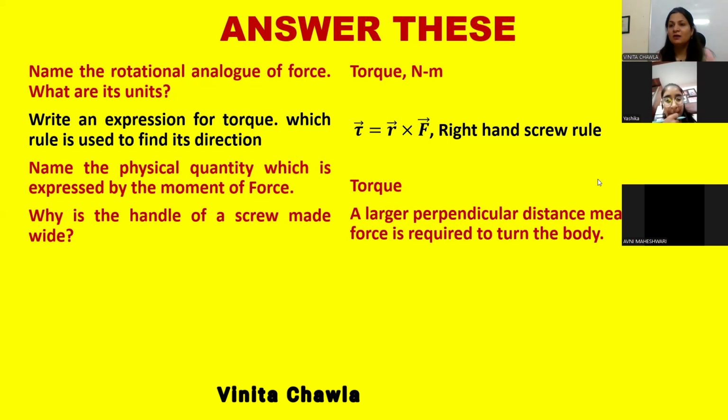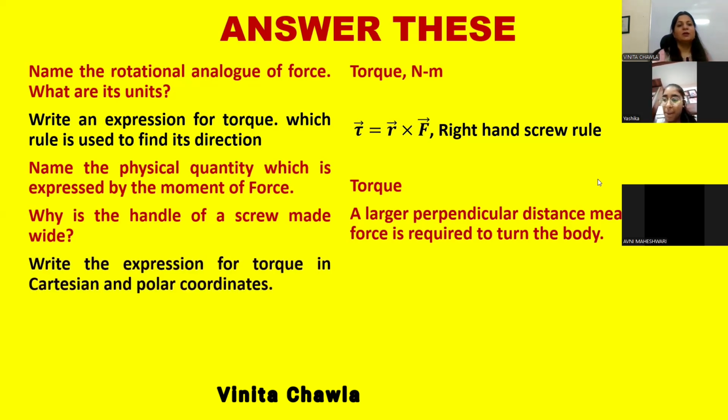On increasing R, even if we apply less force, we can produce the same rotating effect. ठीक है, जैसे अगर हम R को increase करते हैं, if we are increasing R and we are applying force in this direction, ठीक है, so this force produces the rotating effect. तो हमें कम force apply करना पड़ेगा, because हम R को increase करके force कम apply कर सकते हैं कि उसको हम rotate कर पाएं।